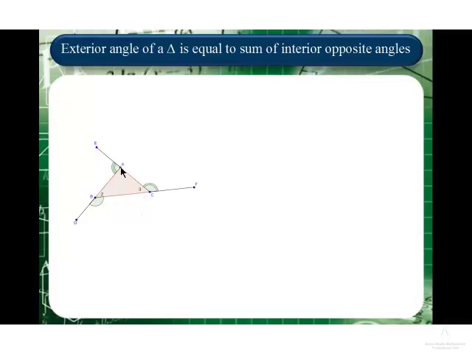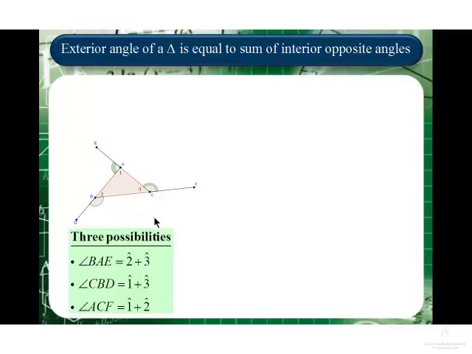And should we extend the sides AB to D and BC to F, as well as the side CA extended to E, then we create three exterior angles of this particular triangle ABC as indicated on the screen. So here we have the exterior angles, three of them, and we have the three interior angles. So what this result actually says is that whenever we have such a triangle with the exterior angle constructions as